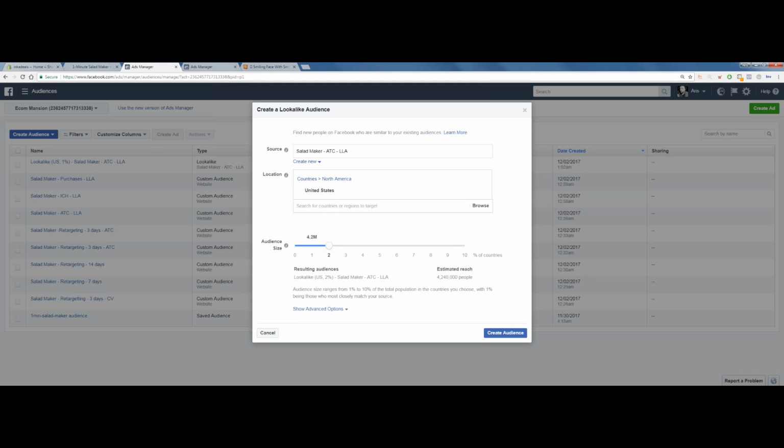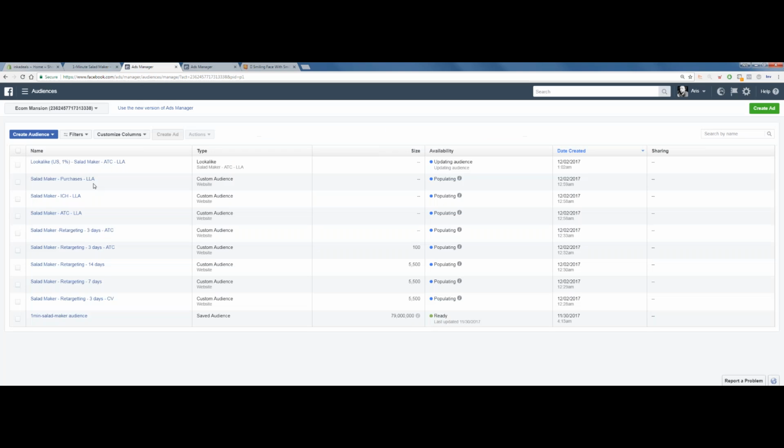And then we're going to do 2%. So this is saying that we want to find a lookalike audience in the total population of the US, a total audience of 2% of the total population in the US that look like the people that added to cart in my store, who may have had nothing to do with the US. Okay, is that kind of confusing? Are you guys okay with it? Are you guys keeping up? We're going to create 10 of these.